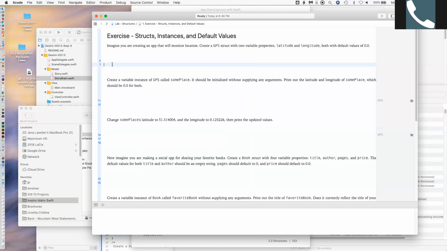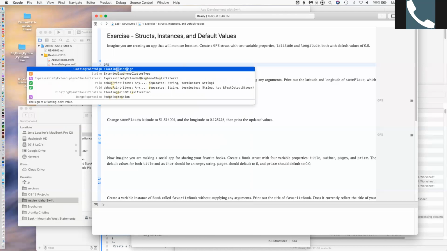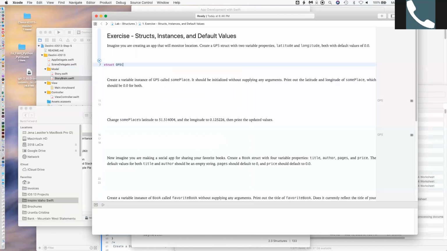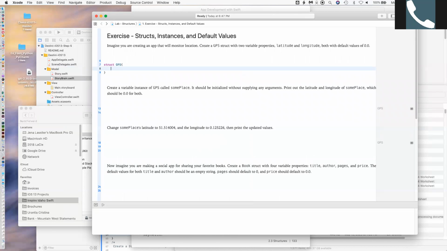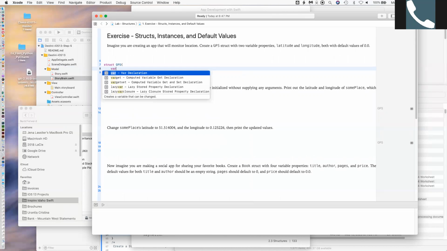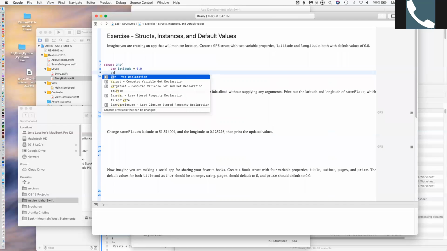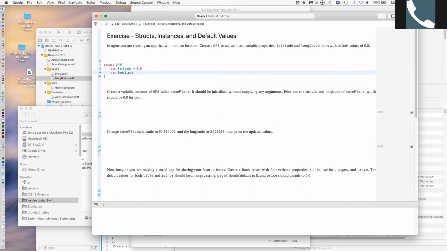So if you think about it, you're going to go, I'm sorry, struct GPS, and then open curly, and then do a return, and it'll automatically fill in the closed curly, and then you do a var of latitude equals 0.0, and then a var of longitude equals 0.0. And then she says create a, or I mean not she, but whoever wrote this does create a